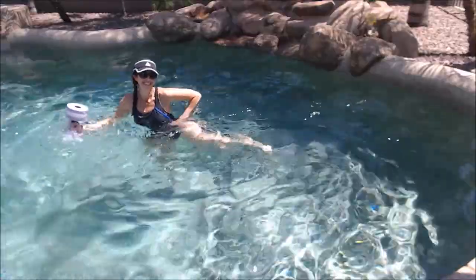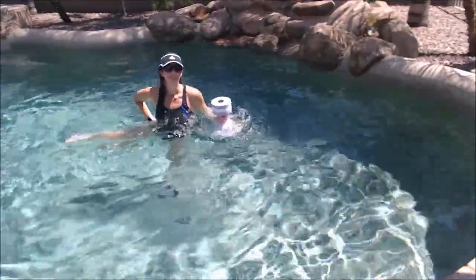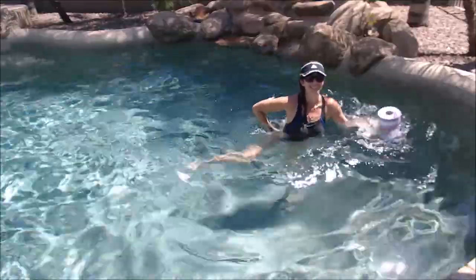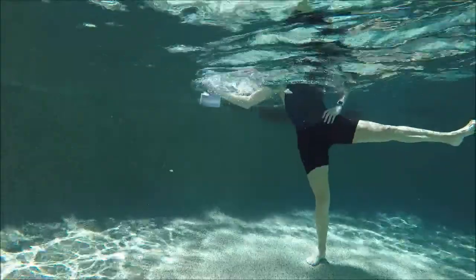It's also a coordination challenge. So this is balance, coordination. This is lots of core as well. When you get to the end of the pool, you're going to want to switch your legs and go to the other direction. So you're going to have the other hand holding the buoy